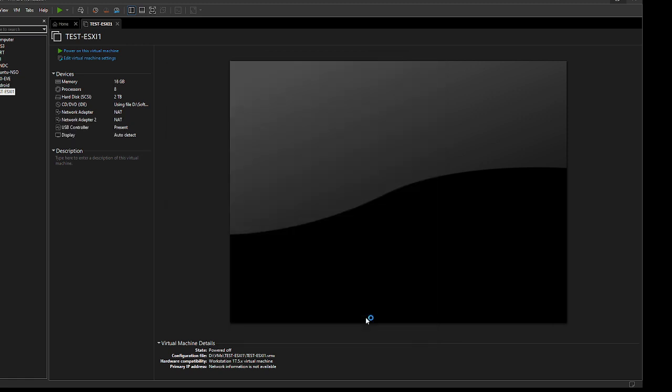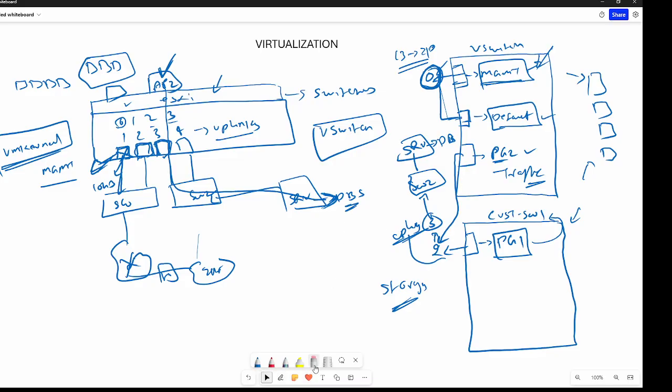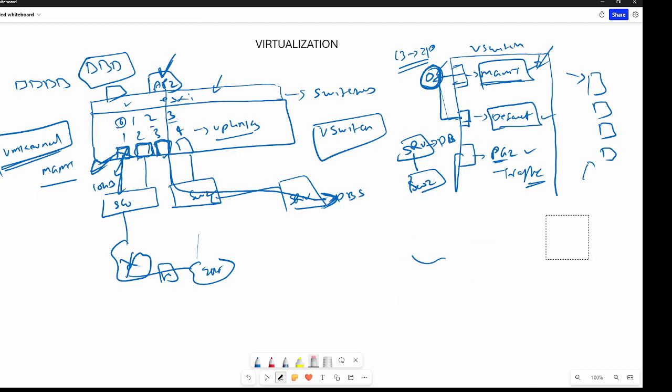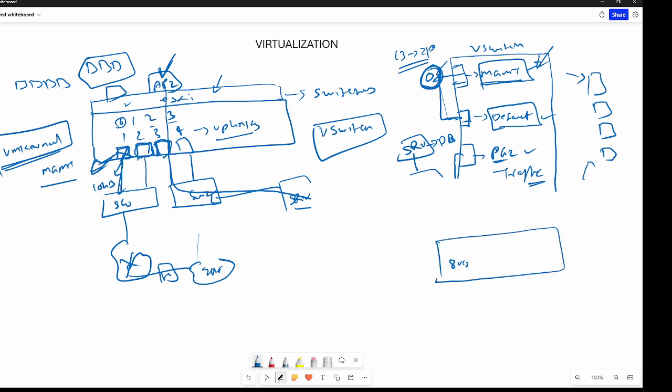All right, so that's how my adapter has been set up. That means my hardware has been configured. So now think of this ESXi as a type 1. Simply what I did was I told my ESXi machine that you will have 8 virtual CPUs, 16 GB of RAM, and 2 TB of hard disk.